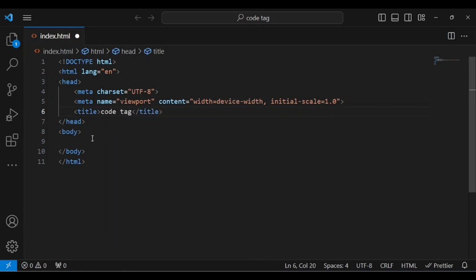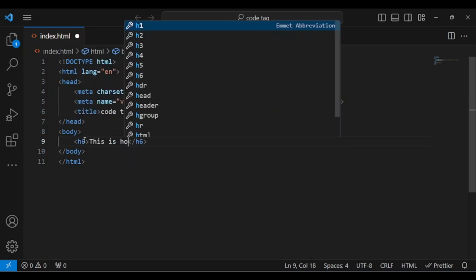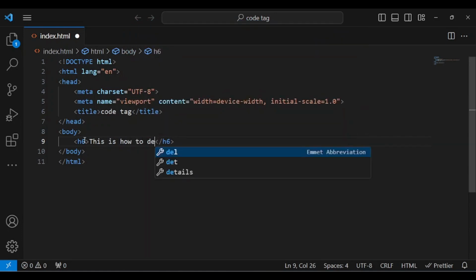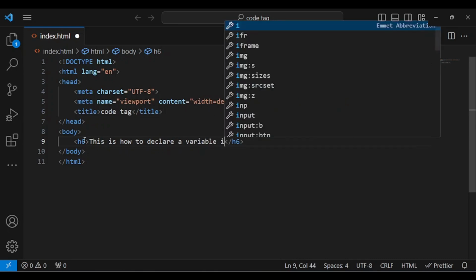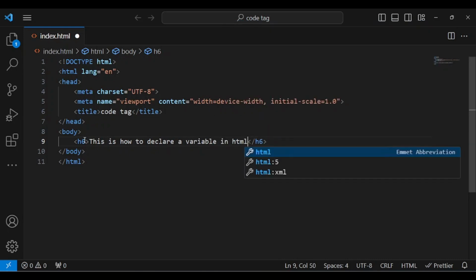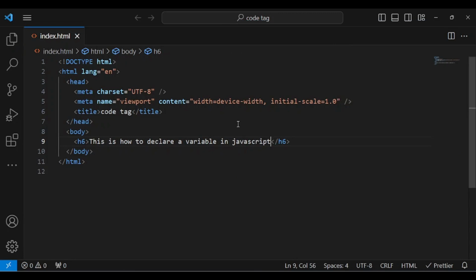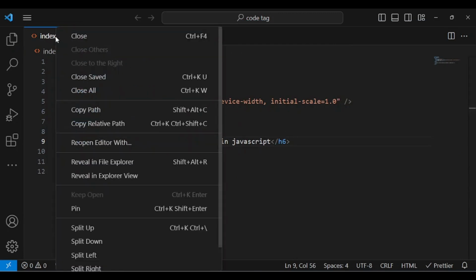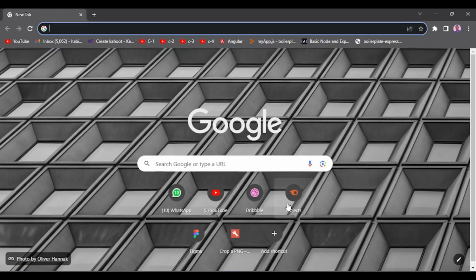tag. Yes, I can just have an H1 or H6 that says this is how to declare a variable in HTML. No, declare a variable in JavaScript. So we don't do that in HTML. So my bad. And then I just want to open up this inside my browser